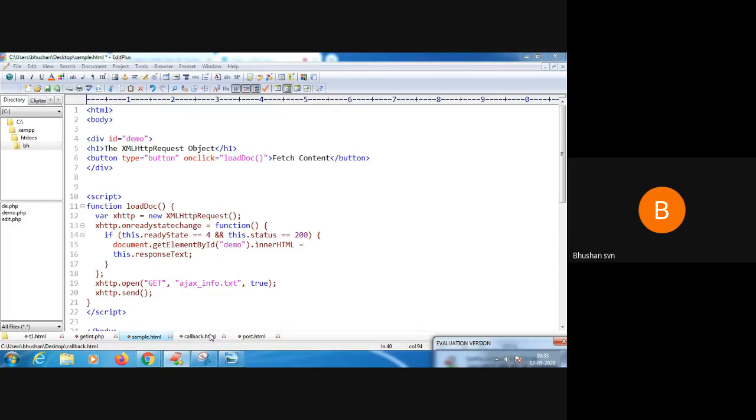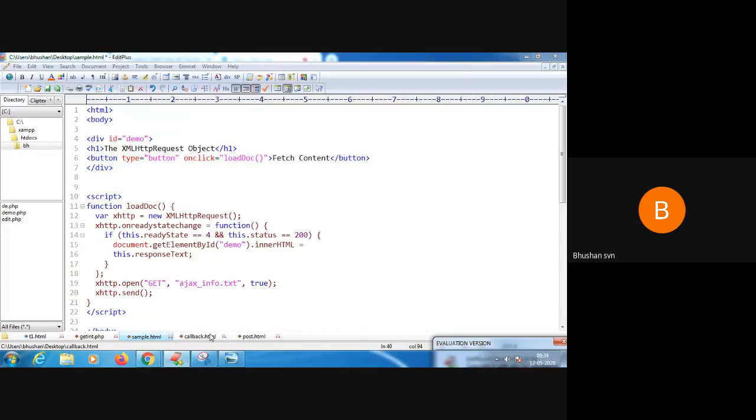Server. It basically provides a platform. So last class I showcased this same demo to you. To recap before going further, I will go over this again. Here we have one button and a function called loadDoc. When you click the button, the function loadDoc will be called. Basically, this program is used to demonstrate how to fetch contents.